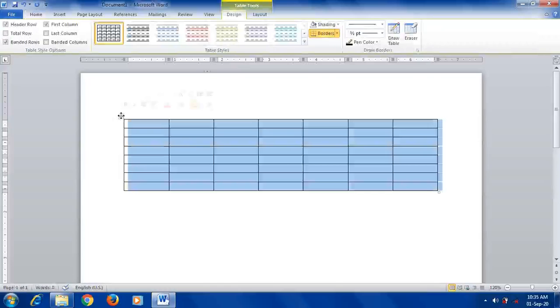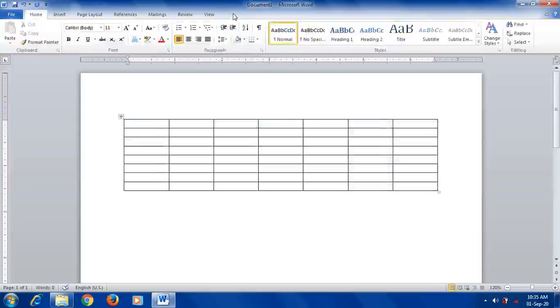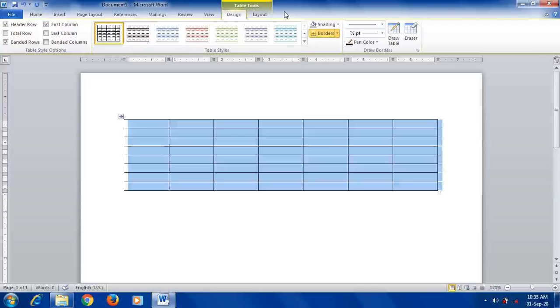So the next step is, after selecting, in the Design tab. After selecting, Design and Layout get activated. Now see here, Design and Layout are not there, so those two tabs are hidden. When you select the table, automatically Design and Layout get activated. Okay. So now in the Design tab, choose line style and line weight options from the Draw Borders group. See here, the Draw Borders group is here. Got it? Here the Draw Borders group is given, line style and line weight.